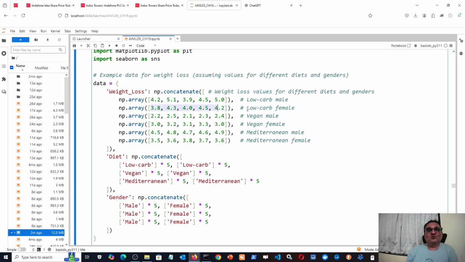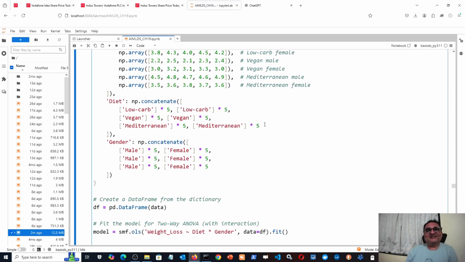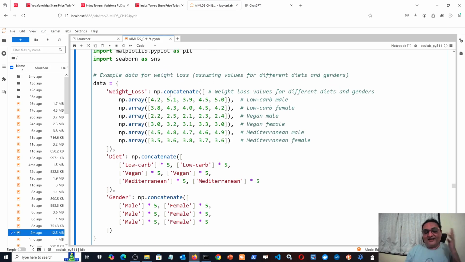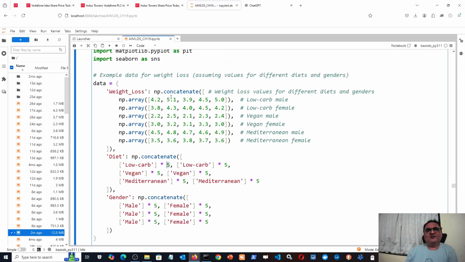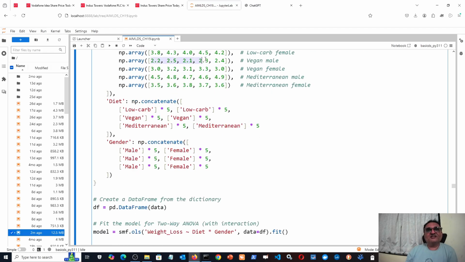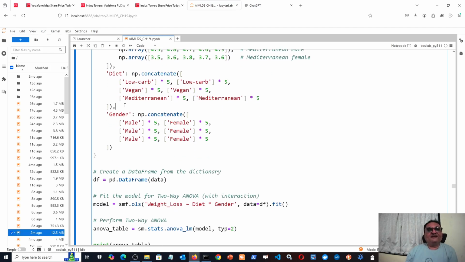here there are only 5 rows for each. So for statistical significance, we know that at least 30 samples are required. So we create identical rows. I just don't want to waste my time. That's why I created identical rows multiplied by 5. So this same set of data points will be repeated 5 times. Similarly, these also each will be repeated 5 times. And then I put them